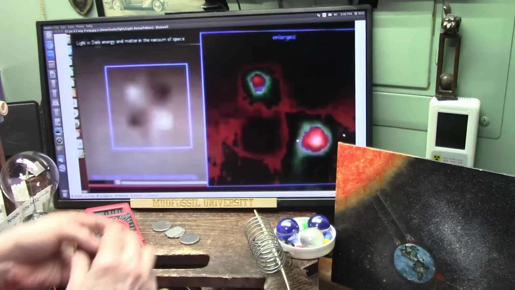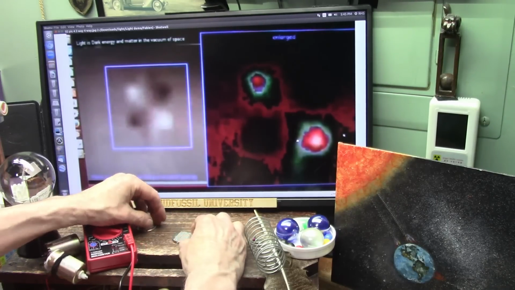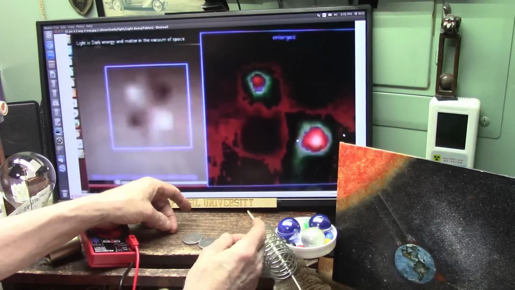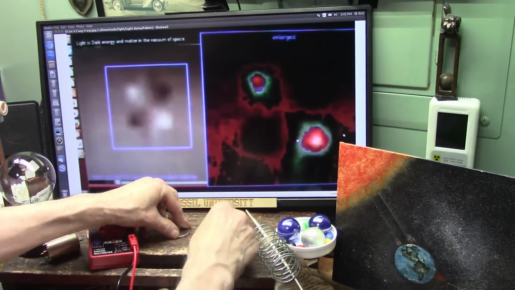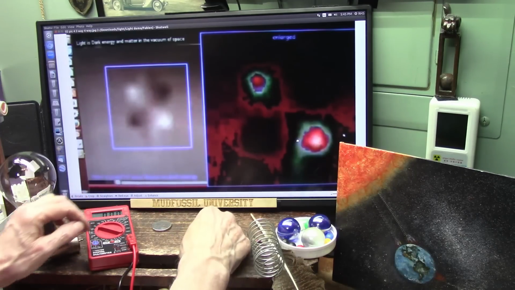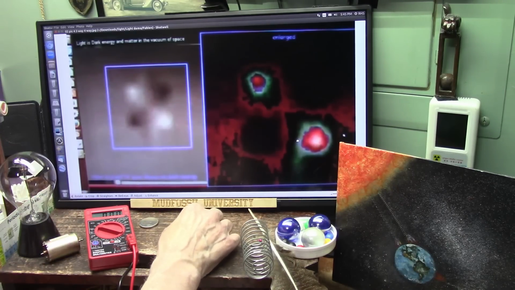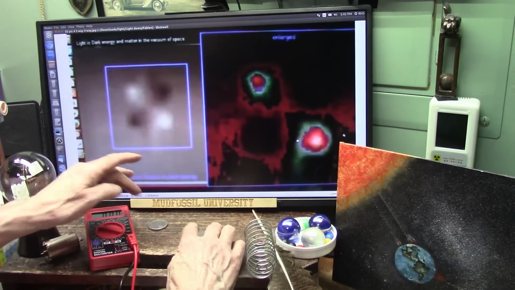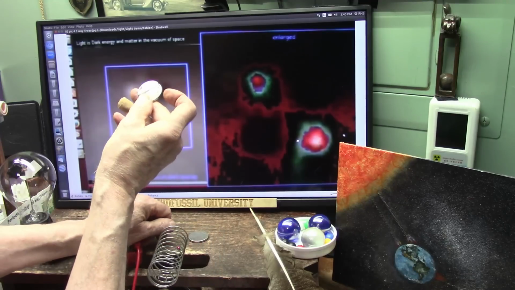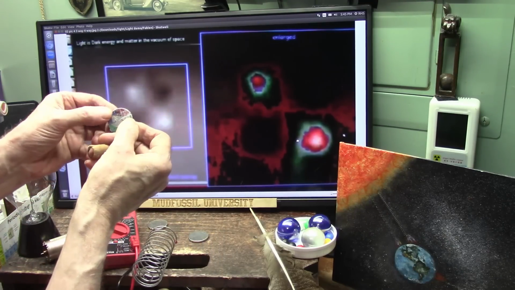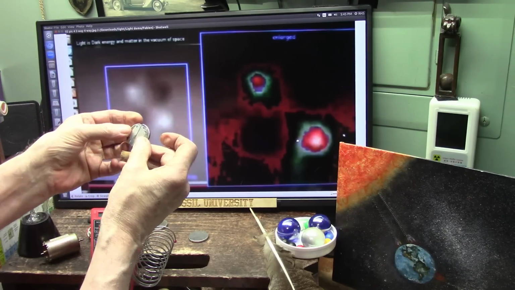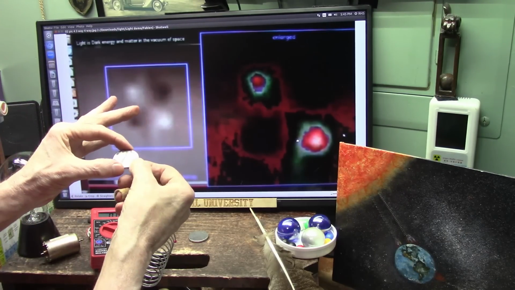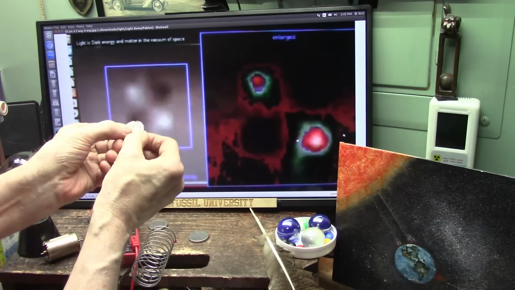Let's see what happens. Now I got 3 of them in a row. Whoops. Now watch this. These 2 won't do that. I can attract them, but once I go to the other side, it pushes from there, it pushes from there, it pushes. It doesn't matter where I go. They push everywhere. Ooh, this is very interesting. Because this broke in half, and I noticed they didn't want to go back together when they were on the right side, so I tipped one over and put it, and they snapped back together.